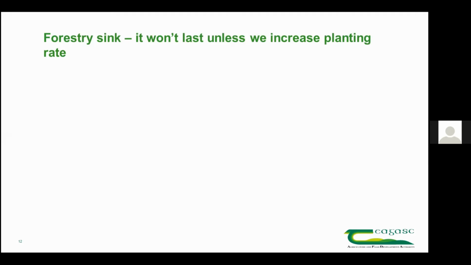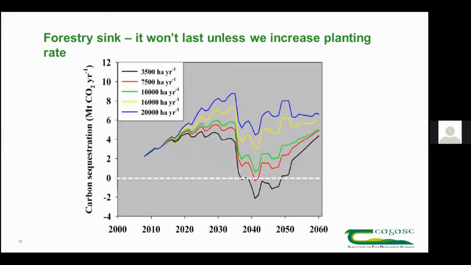Our forestry sink, which currently is contributing just over 2 million tonnes of mitigation, won't last forever unless we get our planting rates up. So these are model runs using a model called CARBWARE. And what this shows is that for different planting rates, you have a different size of a sink, okay? But the thing to notice is that under the lowest planting rate, 3,500 hectares per year, which is roughly what the planting rate is at the moment,